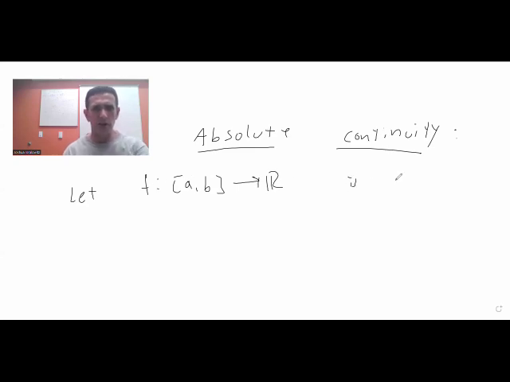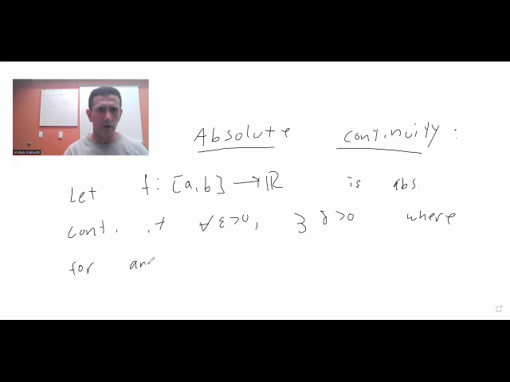So we say this f is absolutely continuous on A to B if for any epsilon bigger than 0, there exists delta bigger than 0, where any disjoint collection of intervals a_i to b_i,